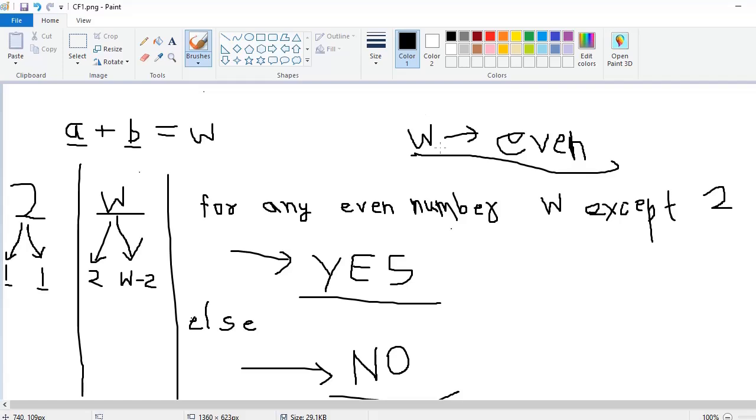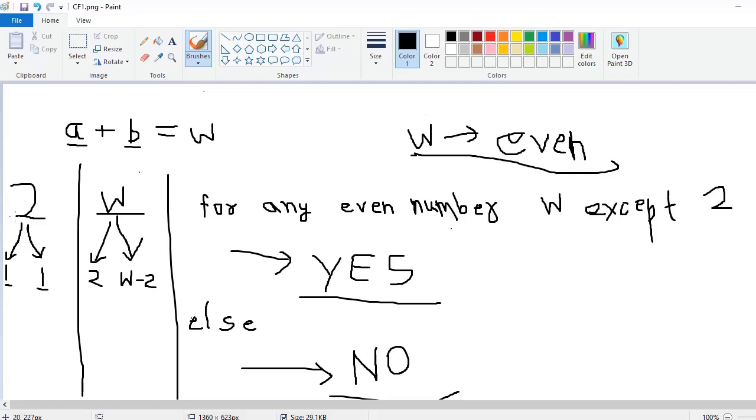You can't divide 2 into two even integers, because the only way to divide it is into 1 and 1, and both integers should be greater than 0. So 2 is an exception to this condition.